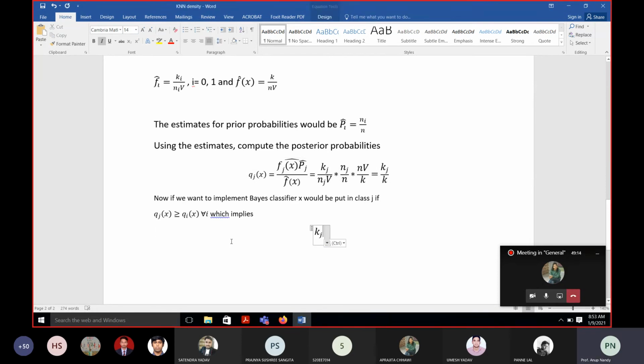Because if you apply the k nearest neighbor rule, the test samples belong to the jth class because there is more proximity in the jth class. I mean more samples belong to the jth class. If you apply majority voting, the jth class will have more similarity. If you apply k equal to 5, it means that 3 samples will be closer to the test sample than the 2 samples in the other class. Now kj is greater than or equal to ki.